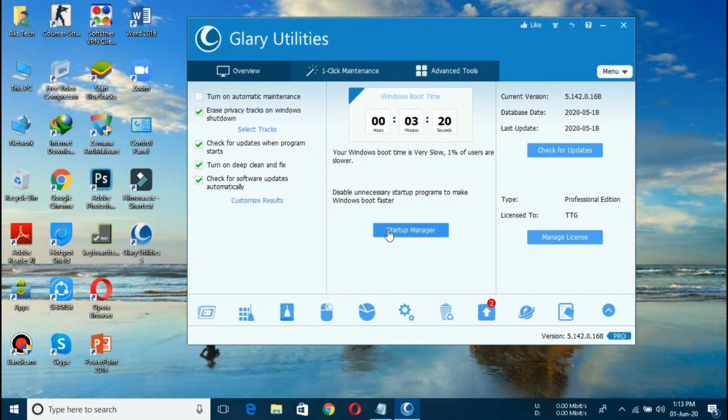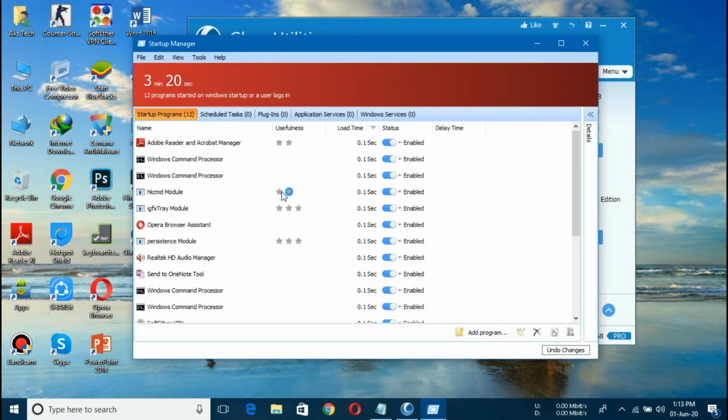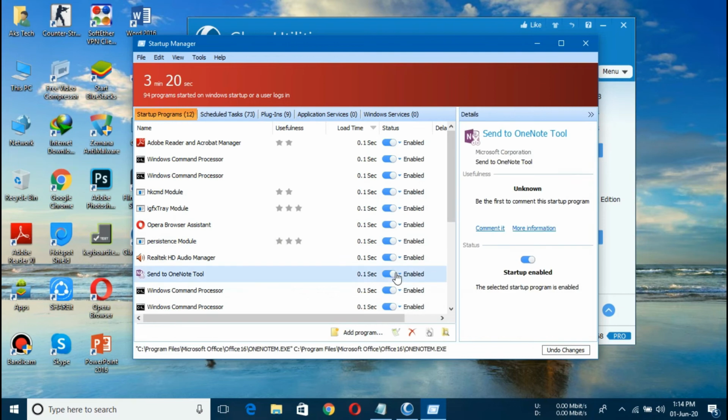And there is also a startup manager, which is actually the same startup manager, but it has some advanced options given by Glary Utilities. Here you can see it is showing me the startup impact and all the programs which start at bootup. So I can close all those processes which I do not need, and it is showing me the time as well.